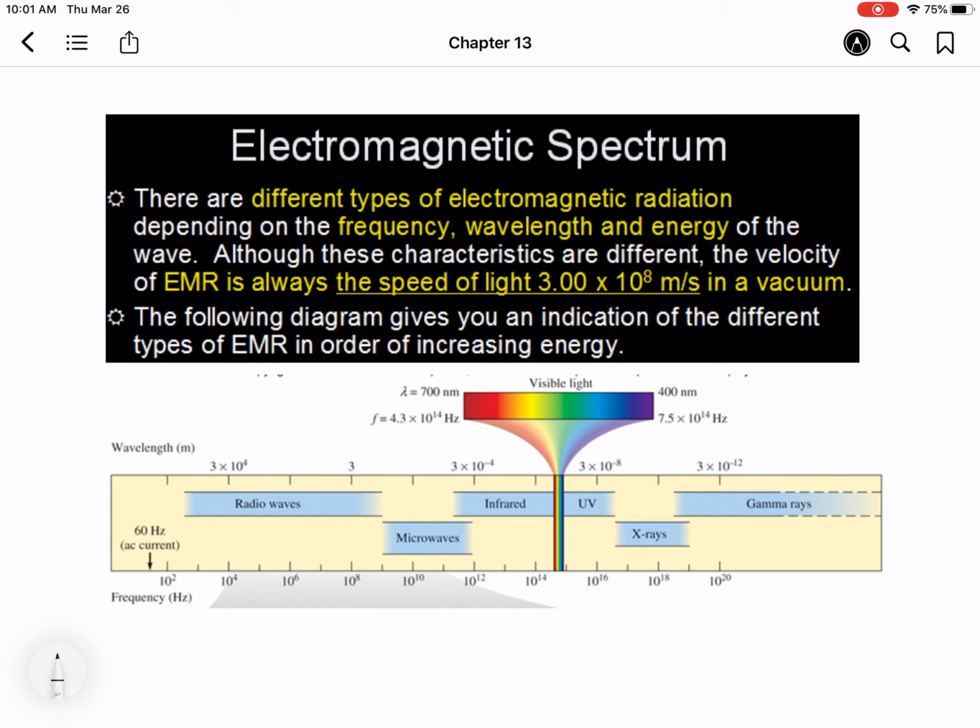Although these characteristics are different, the velocity of electromagnetic radiation is always the same. So energy, frequency, and wavelength can change. Okay? Energy, frequency, and wavelength can change, but the speed of the light is always the same. All right? Now, this might be a little confusing, because if they're moving at the same speed, should they have